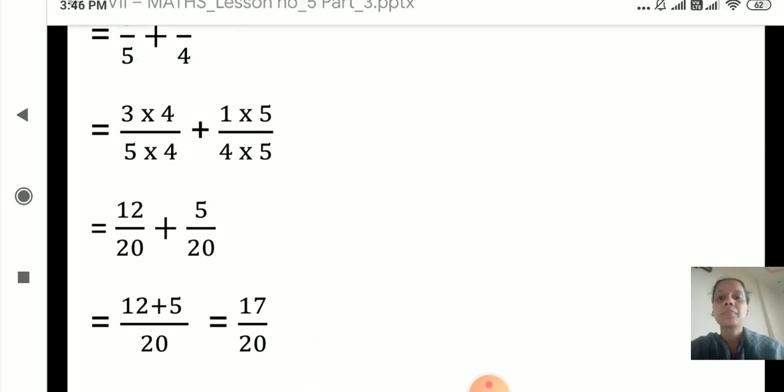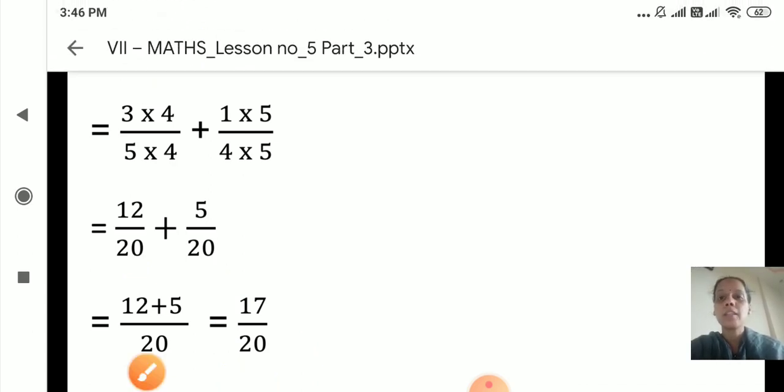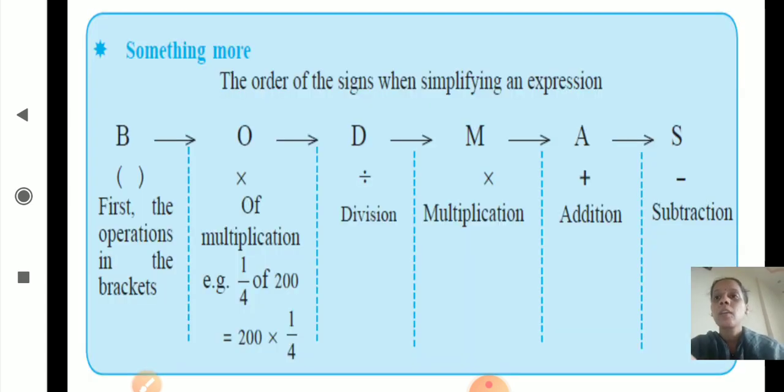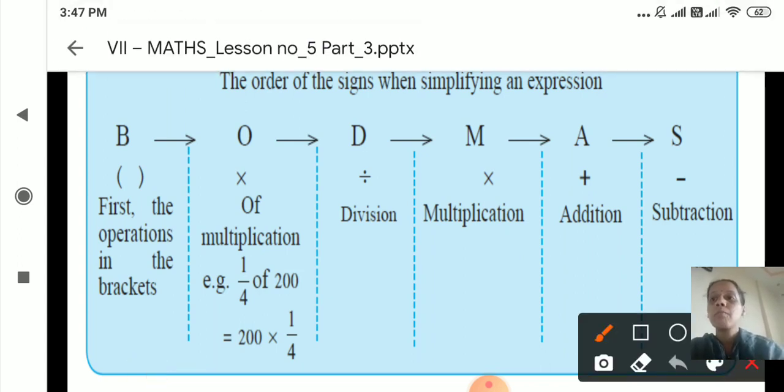So here we have completed practice set 25, right? And now we'll see something more, that is the rule, the order of the signs when simplifying an expression. Now which order do we have to follow while simplifying an expression? So as you can see here, BODMAS,